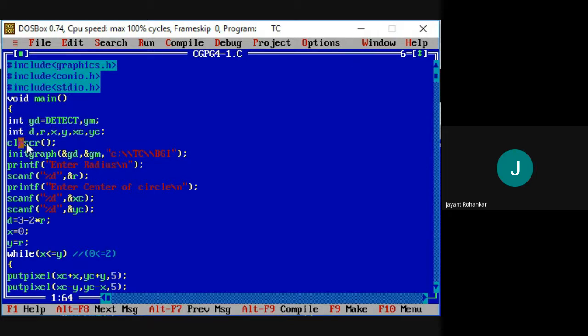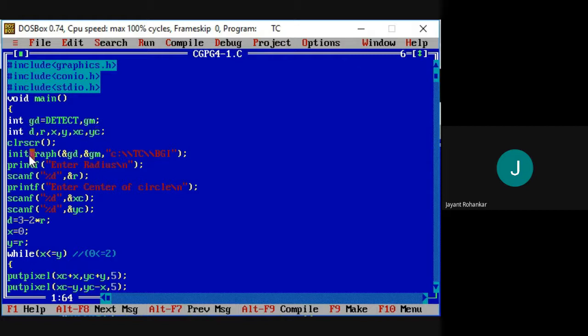Then we require some variables, that is d, r, x, y, xc, yc. xc means the coordinate value of x at the center of the circle, and yc means the value of y at the center of the circle.